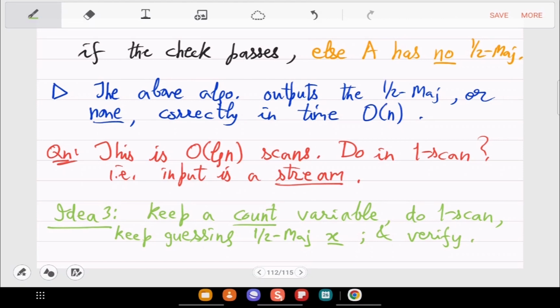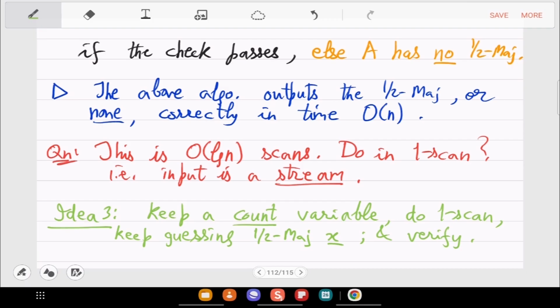Okay, so we have to make sure that this guess of x that we are making, only one thing should be true: if it exists, you should have it. That's the only invariant you want in your guess.